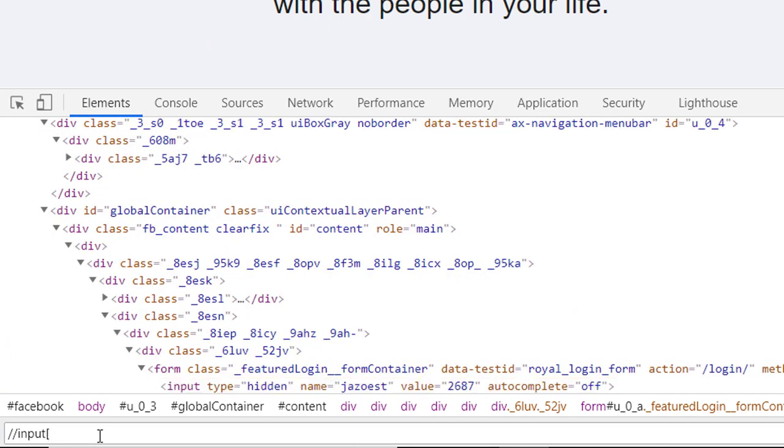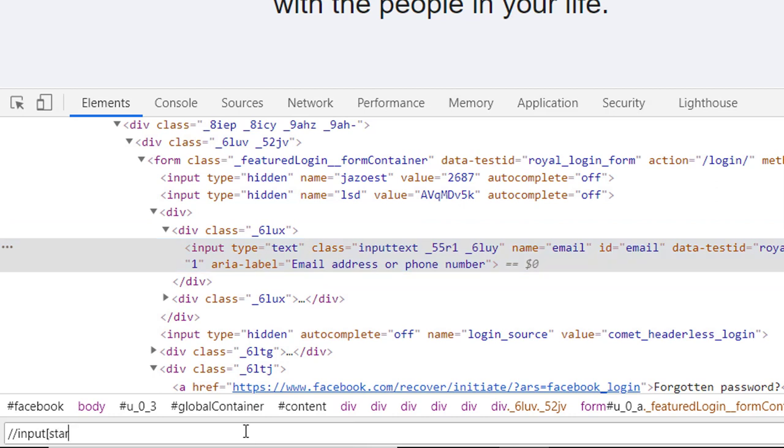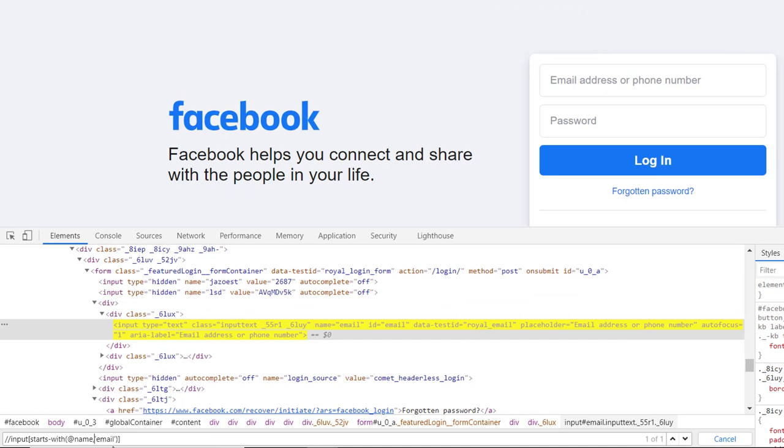We are working with this input, and after providing the input, we need to locate this. Let's say I need to do starts-with. Okay, then start with, and in the starts-with, now we need to provide the attributes in here. So let me say name, and the name of this particular box is email. So if we try to locate this particular element, I have done the equals to here, let me put the comma. If you see, it is locating this particular element which is starting with the email.